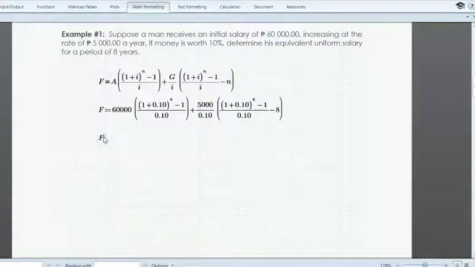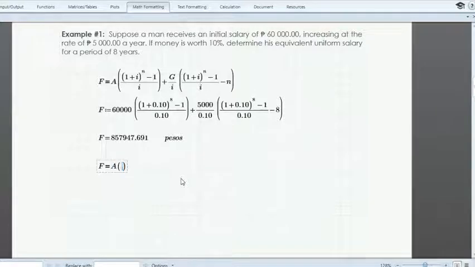Therefore, the value of the future worth nung salary niya is 857,947.691 pesos. Future worth pa lang yan. Hindi naman yan yung mismong tanong. Ang tinatanong ay uniform salary. So, paano natin gagawin na uniform itong future? Eh, di ba, kung matatandaan nyo, kapag sinabi nating uniform or equal amount of money, that pertains to annuity. Eh, di ba sa annuity, we have the formula F is equal to